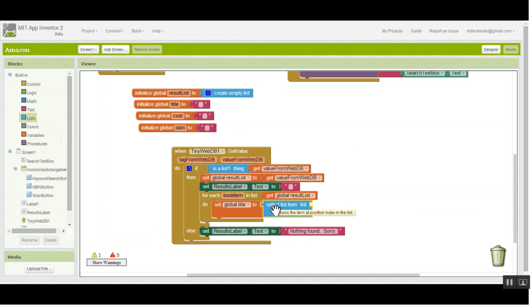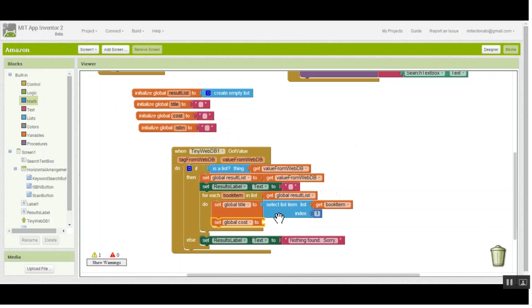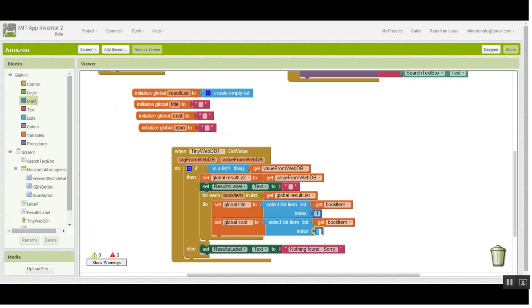Because it's a list of lists, we're going to get the book item, so that's here, and then we're going to get the index. The index of the title, we know because of the API, is always the first one. So we can just say 1. Then for the cost, for example, we'll set this value, and we'll just copy this. We can use the book item, but we're not going to take the first